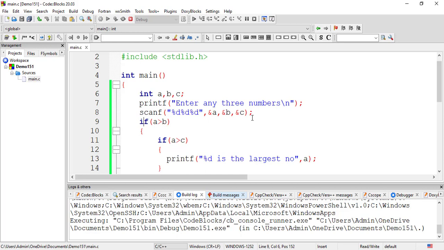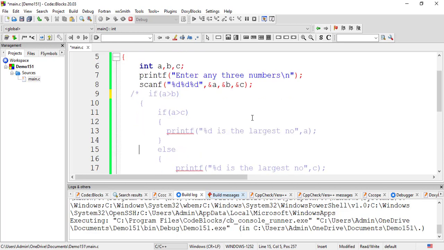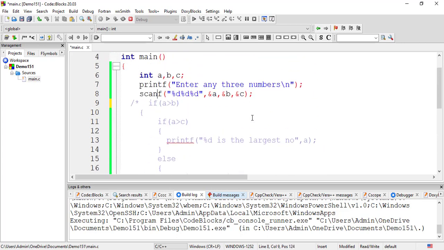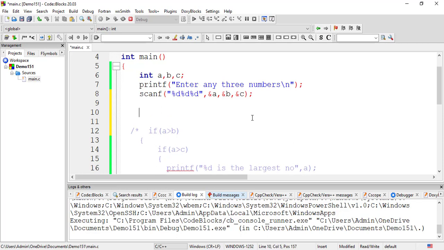Now what I will do is, I will put a comment starting from here. So I will put this slash star, and then I will put the end up to here, right? So this is the comment, right? And after making this part a comment, my compiler will ignore it. Now after going ahead, I will write an expression like this, as I have explained to you in the presentation.